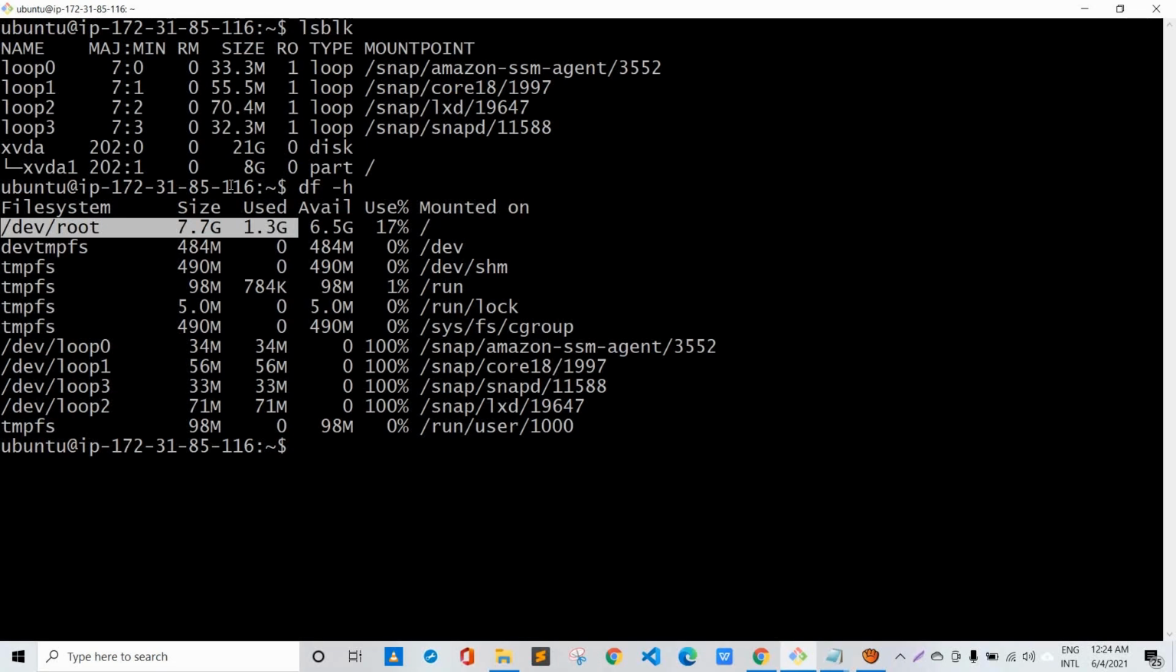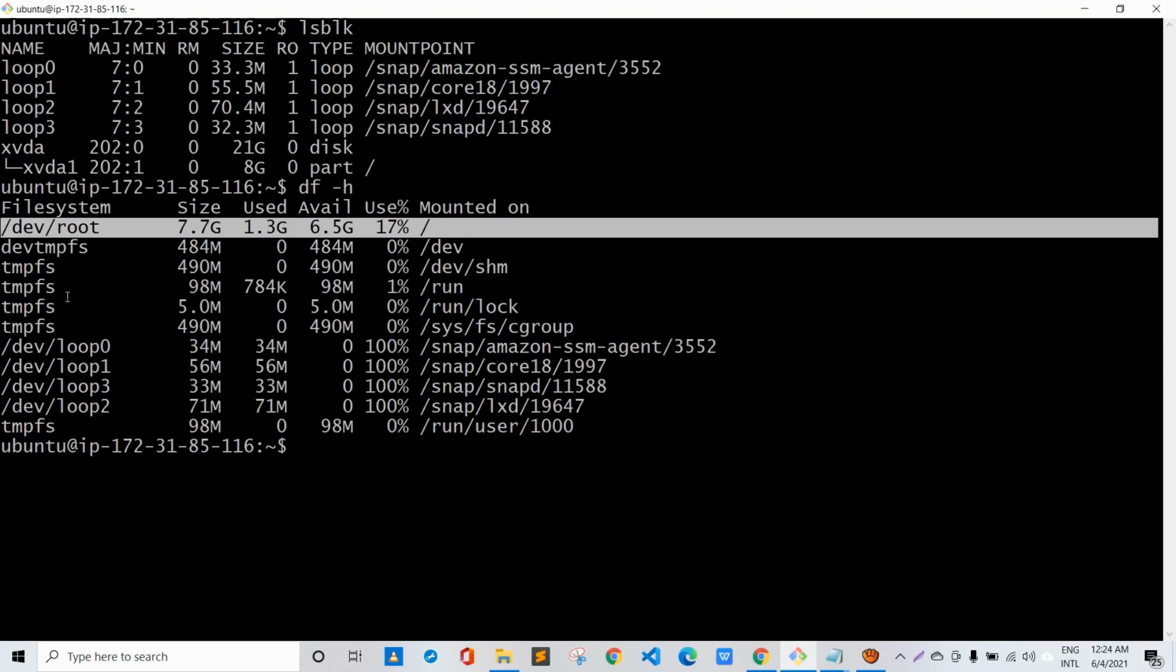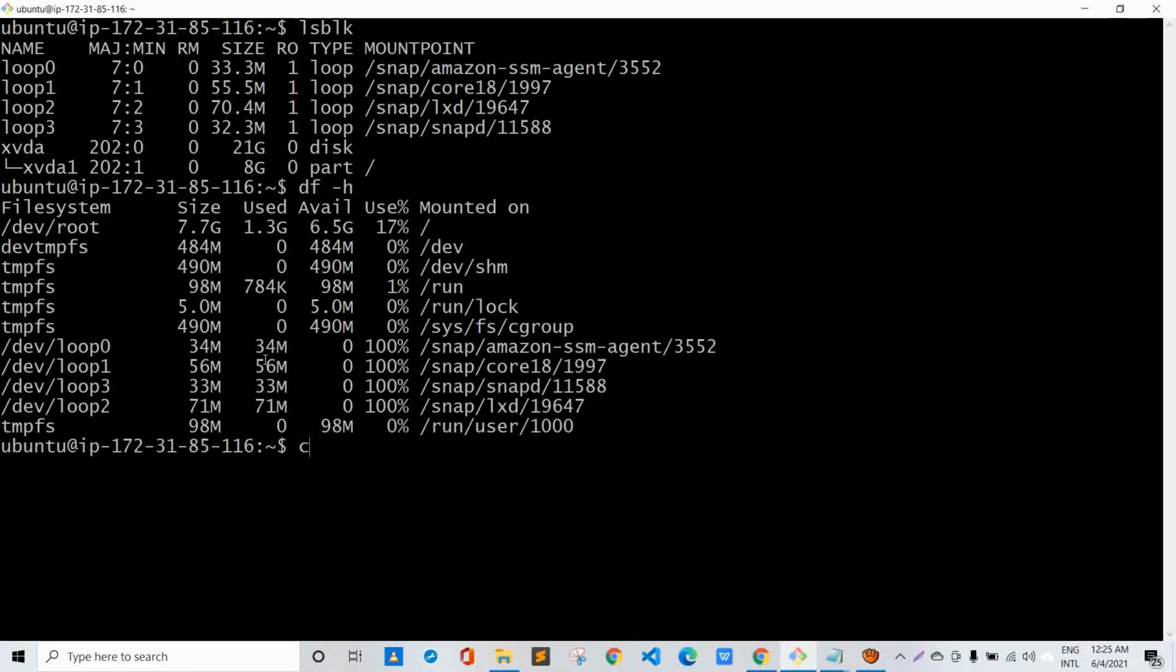That simply means that it is 8 GB, and it's mounted on this one. So there is nothing showing here about the 21 GB of disk. So you cannot find 21 GB of disk over here. This simply means that the changes have not been reflected at the operating system level. So let me clear my screen,